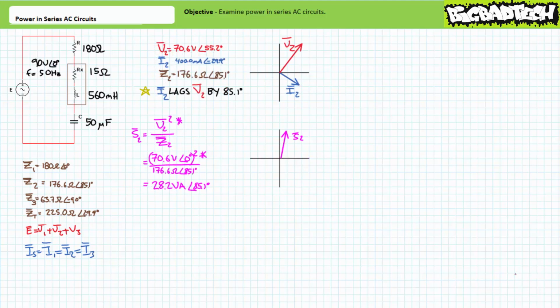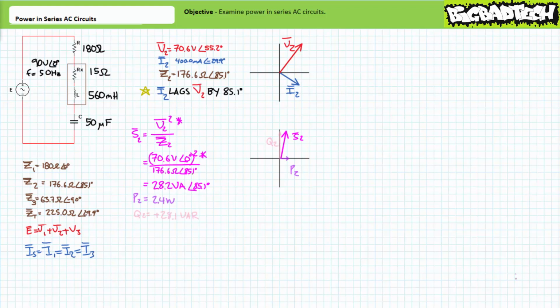It can be said current through the non-ideal inductor lags voltage across it by approximately 85.1 degrees. Let's use one of the alternate methods to solve for apparent power. Apparent power is the complex conjugate of voltage squared divided by impedance. Substituting our given values, we arrive at an apparent power figure of 28.2 volt amperes at an angle of 85.1